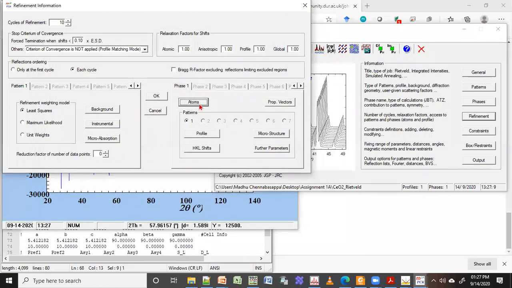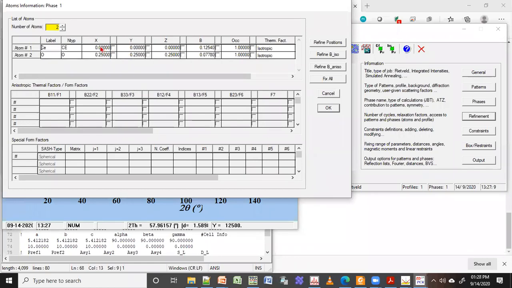You should go only to the atom, and if you see XYZ, these are already at 0.25. 0.25 means it is 1/4. You don't have to touch this, because if you touch this, nothing is going to change. As it is a simple cubic, or as it is a face centered cubic, you should not touch this. Instead, you can play with occupancy and BISO.